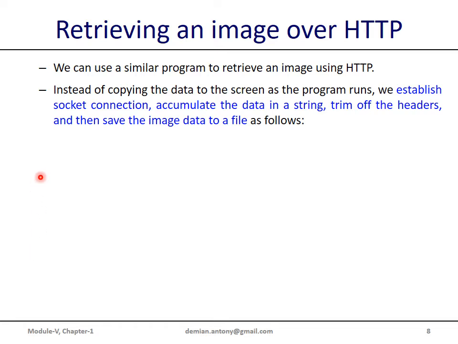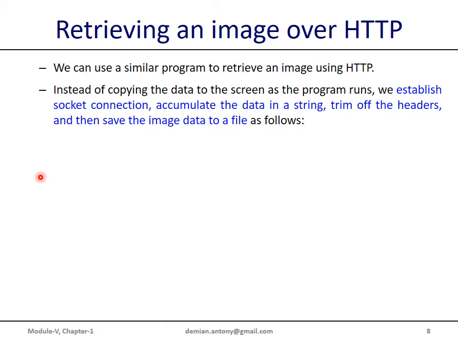As a second example, to demonstrate the role of HTTP in accessing a remote resource, we'll try to retrieve an image which is available at the remote site. That means reading and storing an image which is received from the server at a client site,